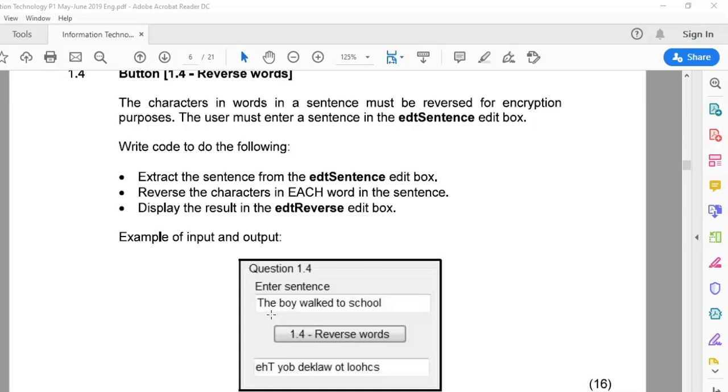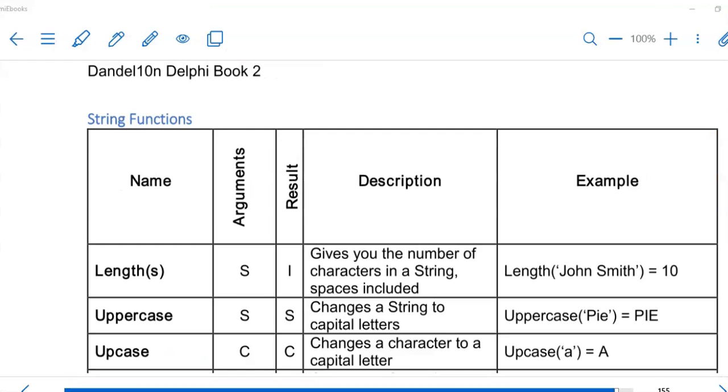Before you try this though, I'm going to take you guys to my book and let's quickly have a look at just revising some of the string functions that we have. So the length function is often used when we're looping through a string, and that is what we'll use today as well. The length function is used in my for loop from 1 to the length of the string, but